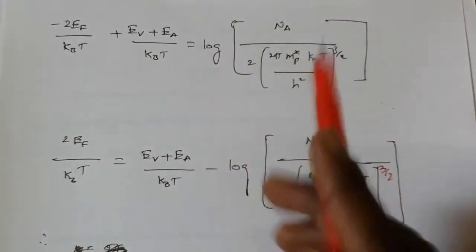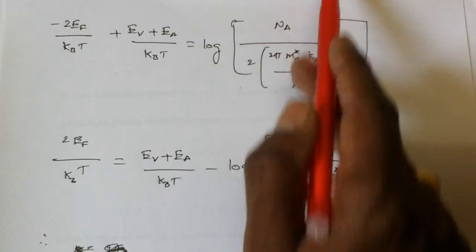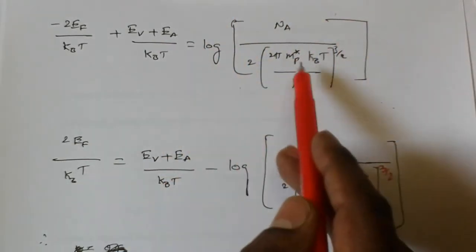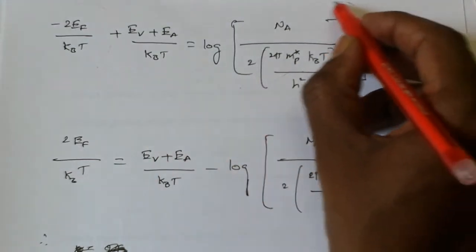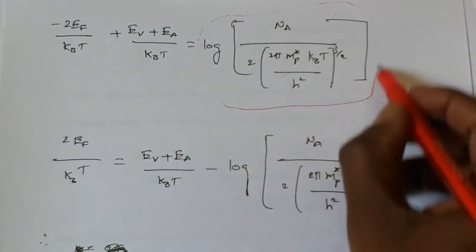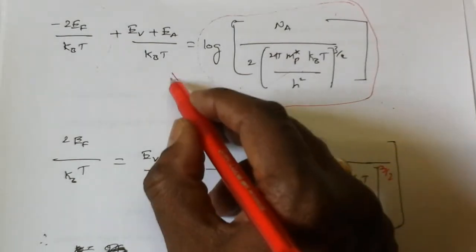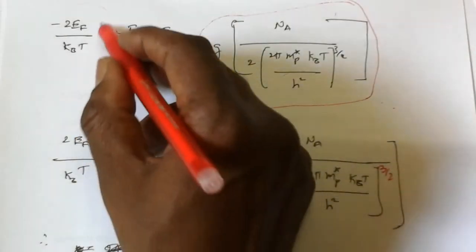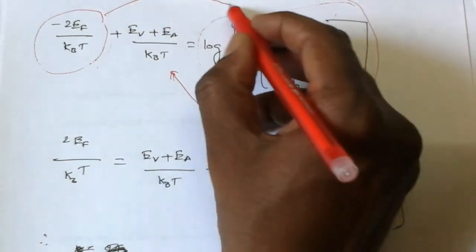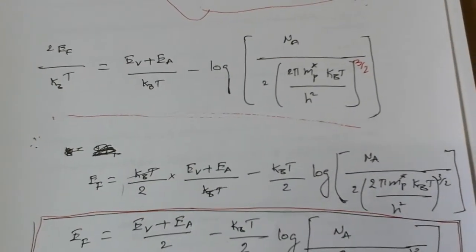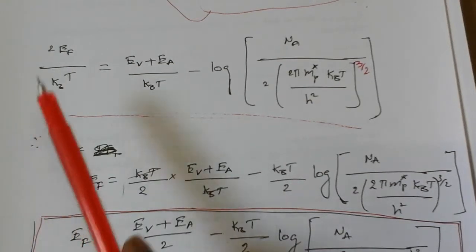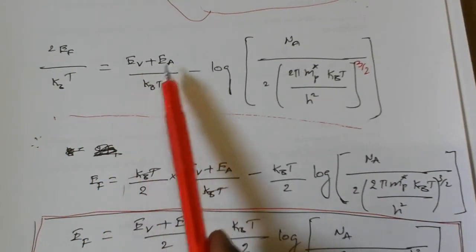So the same value: this entire value is moving that side, this entire value is moving this side. Then we are getting this equation. Now from this equation, what we are doing is 2 EF by KBT is equal to EV plus EA by KBT minus log of